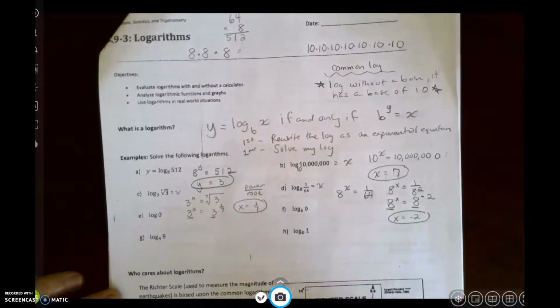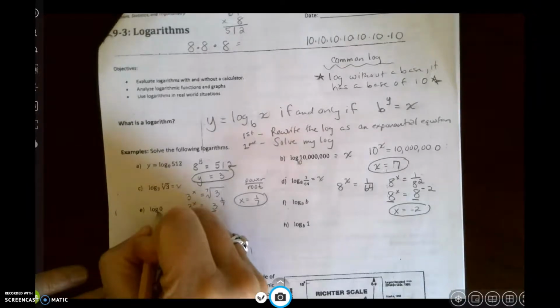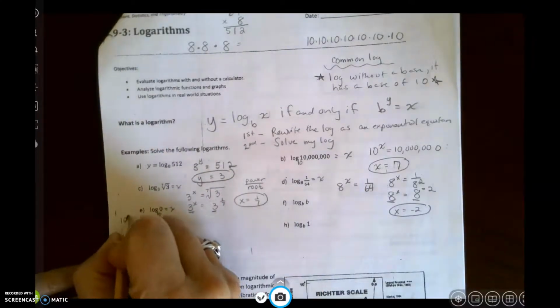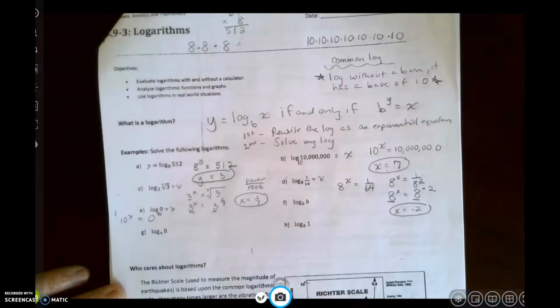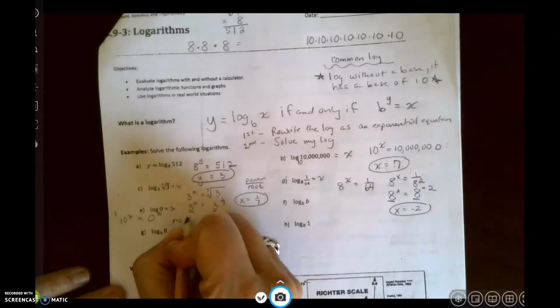Okay, let's go to letter E. Again, there's no base here, so I'm going to write in a 10 equals x. So I have 10 to the x equals 0. Well, the only way to get 0 is for 0 to be your multiplier. So we'd have to multiply 10 by 0. But we can't do that. We're multiplying 10 by itself. So there is no way to get 0 unless 0 is the base. So there is no solution